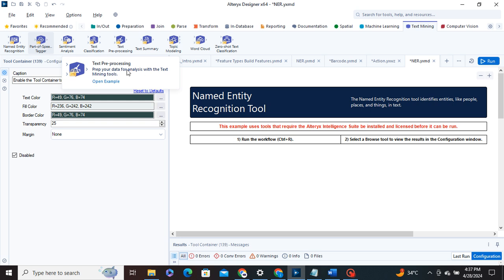Then after text summarization, Alteryx may include tools or workflows for generating summaries of text documents. Text summarization techniques can extract the most important or relevant information from a document and present it in a concise form. Then after topic modeling, Alteryx likely supports topic modeling techniques, such as latent Dirichlet allocation, LDA, or non-negative matrix